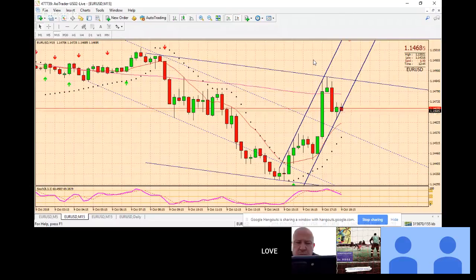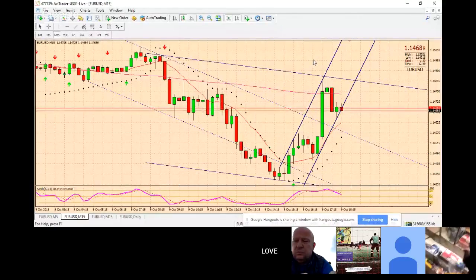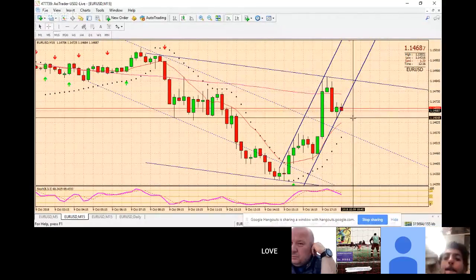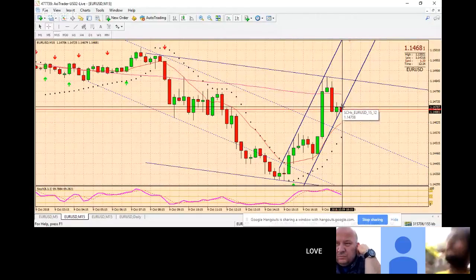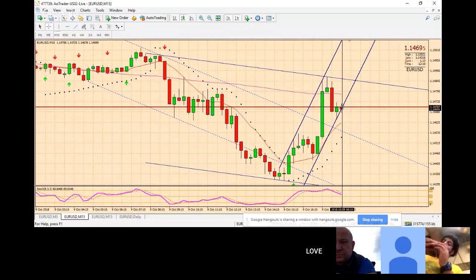So you need to know exactly before you enter the trade how much you are actually risking. If you start risking with a fixed lot size, your loss is going to vary. Some of them you're going to lose 100 quid, another one 200, another 300, 400, whatever it is. You're going to lose money on bad trades, and on good trades, I don't know how you're going to manage it. But if you go with the percentage, your loss is going to remain the same no matter where the stop loss is. If it's 1,000 pips or 100 pips or 50 pips or 10 pips, your loss is going to be the same amount if you go with a percentage. I hope you guys understand the difference.